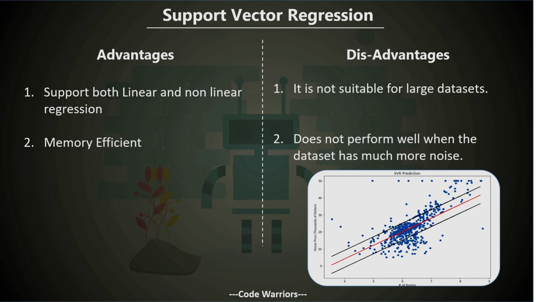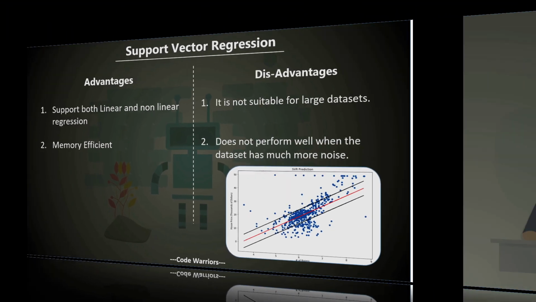And that's why it's not popular nowadays, because nowadays we want a model to fit on as large a dataset as possible, and there are a lot of chances that our dataset is going to include a lot of noise, or erroneous data. So that's why support vector regression is not much used nowadays. So that was all about advantages and disadvantages.